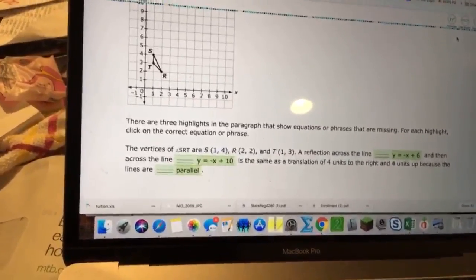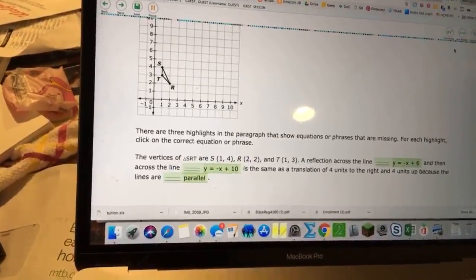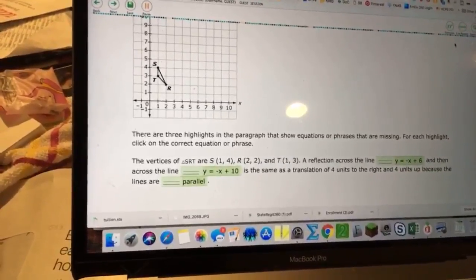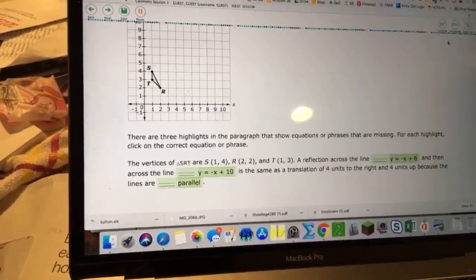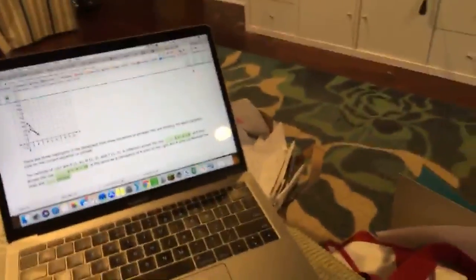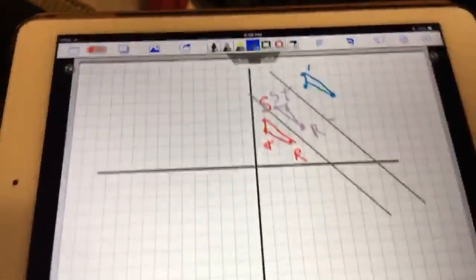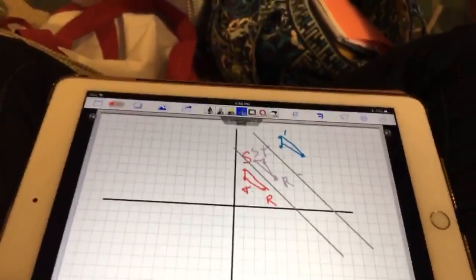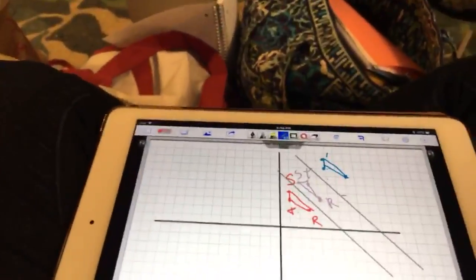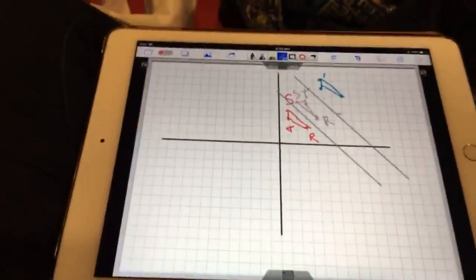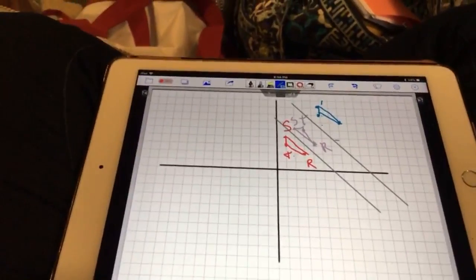Can you please explain why the transformation has to be through parallel lines, not perpendicular lines? Yes, no problem. The only way to wind up with the same exact shape, that's a translation and not a rotation, is to reflect through parallel lines. If you reflect through perpendicular lines, you are going to end up with something that has been rotated 180 degrees from the original, which in some cases is what we want, but in this case we were told specifically that we wanted